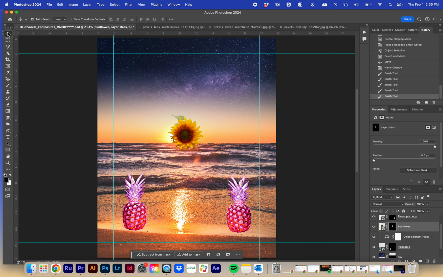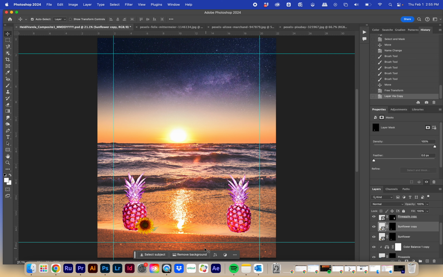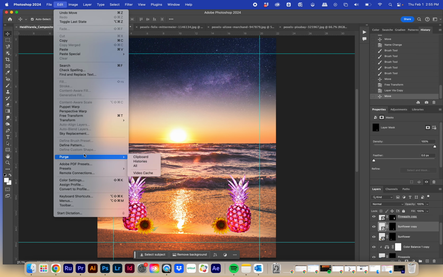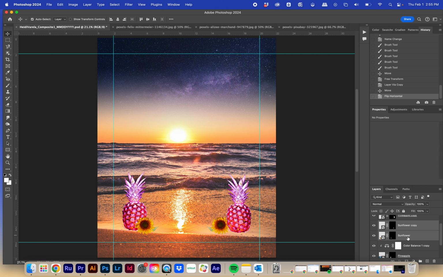Okay, so I'm going to move one down here, and I want to Command T to make it even smaller. And I'm going to rotate it kind of like that. Okay, and then return. I'm going to duplicate this, Command J, and click and drag and move it. And I'm going to do the same thing again, edit transform, horizontal, because I want it to be symmetrical. And then I want these sunflowers. I'm going to select them both. I'm holding shift and selecting the other ones, and I want them to be above